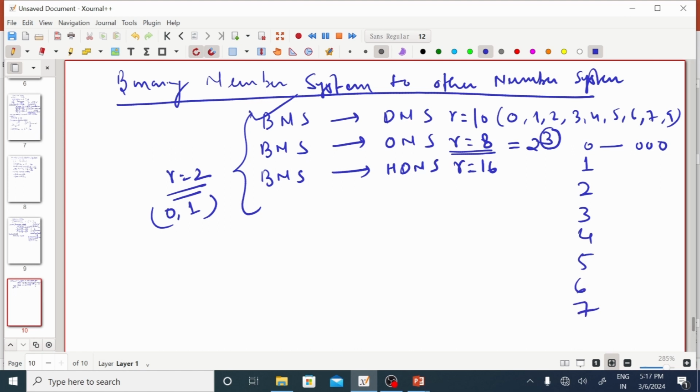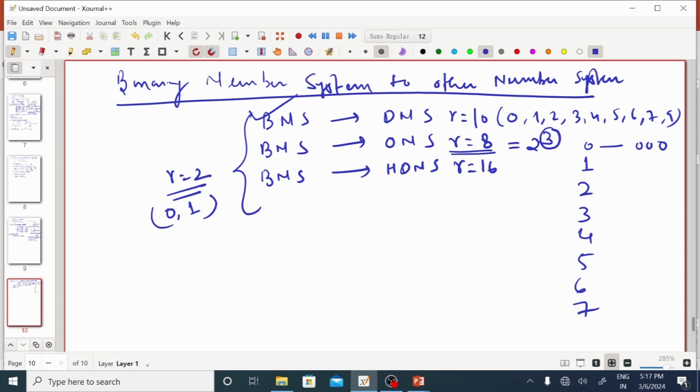These are the only octal digits, and for representing each and every octal digit, how many minimum binary bits are required? Obviously 0 to 3 are represented by 2 binary bits, but for representing all of 0 to 7, means for representing 7, 3 binary bits are required. That's why we represent each octal digit by a group of 3 binary bits, because the base of the octal number system is the base of the binary number system to the power 3.